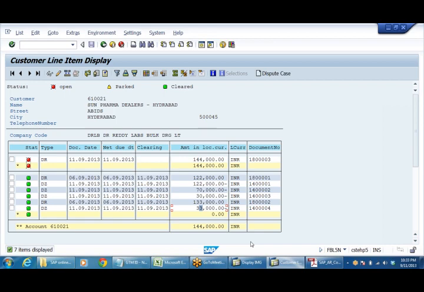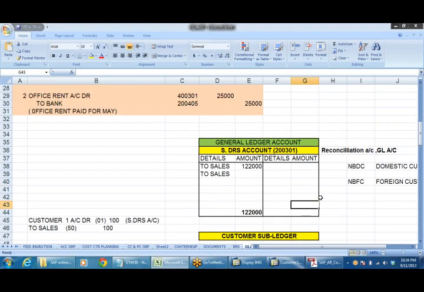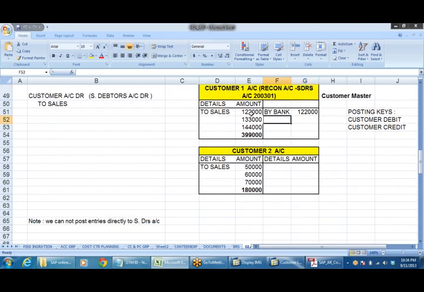So though this is a tedious job, I know that it is a bit difficult. Why is this required? First of all, see, in the case of a manual accounting system, what people used to do, say in the case of a customer account, say 122, 133, 144, 3 invoices are there. What are the payments that I receive?